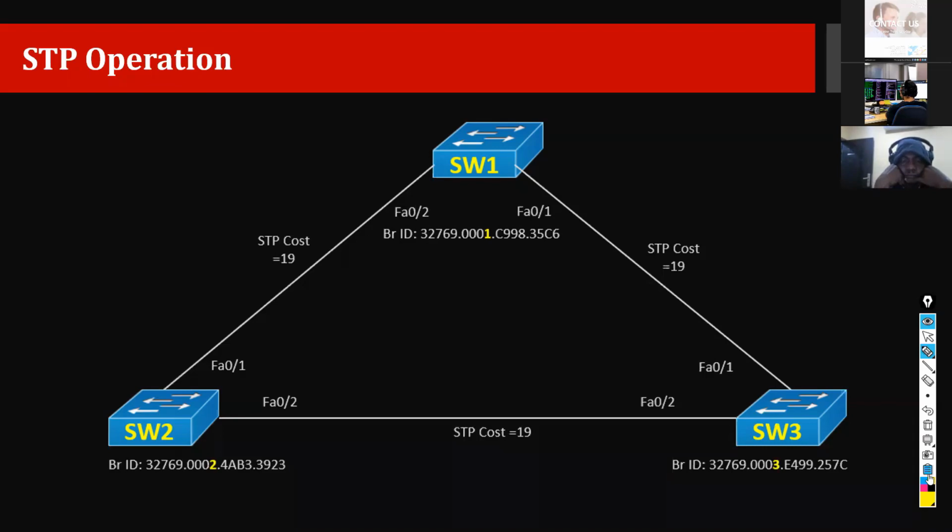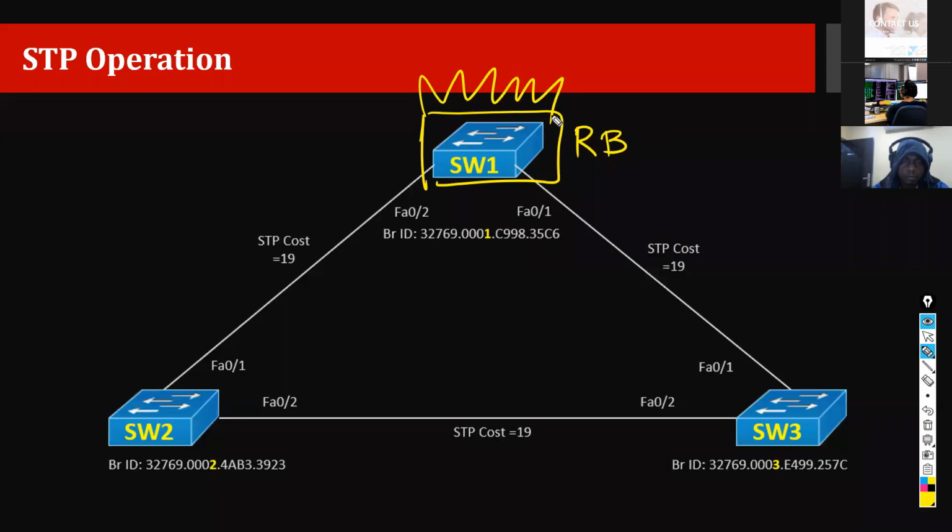So which one is the root bridge out of here? Switch 1, switch 2, or switch 3? S1. Okay. Thank you, Edobo, Israel, John, Jamal, Minizer, Mr. Frank, Mr. George. Yes. So this one has become the root bridge. So it became the boss, right? Now it became the boss. So whoever is facing the port, that port on each switch will become what?